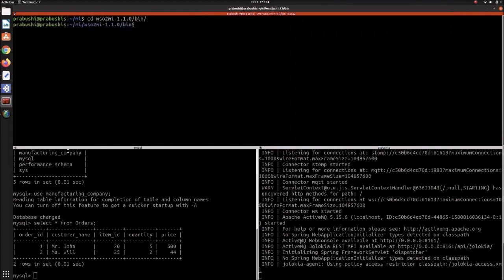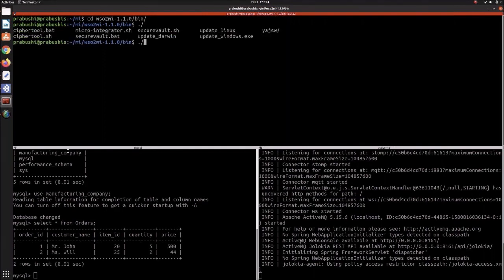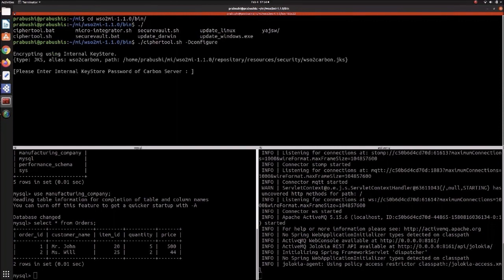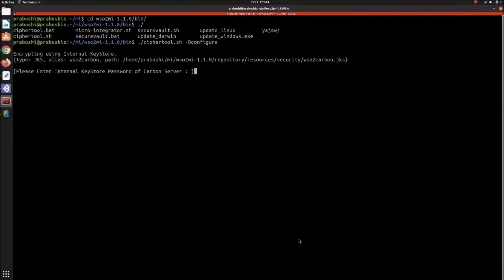We have this Cypher tool executor to configure Secure Vault for Micro Integrator. It will ask for the default key store password here.